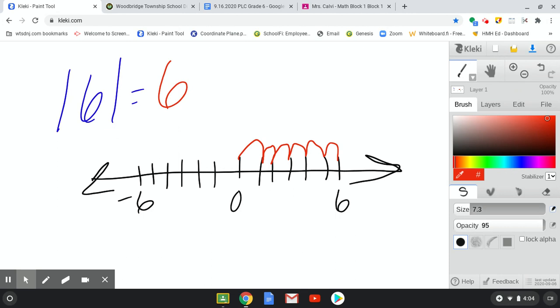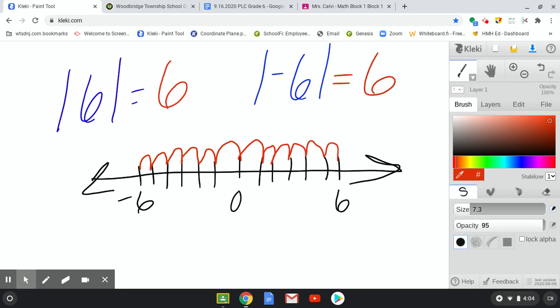Now, if I had the absolute value of -6, well, how many units is -6 away from 0 on the number line? So let's see. 1, 2, 3, 4, 5, 6. So I know the absolute value of -6 is equal to 6. Can never be negative because distance cannot be negative. All right. So absolute value is actually pretty simple. That's really all there is to it. You just have to remember that if it's a negative, it's going to always really be a positive because distance